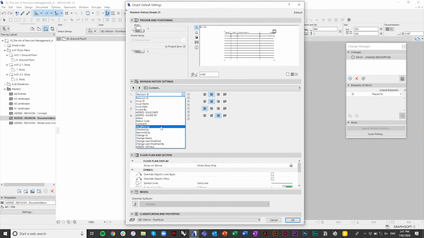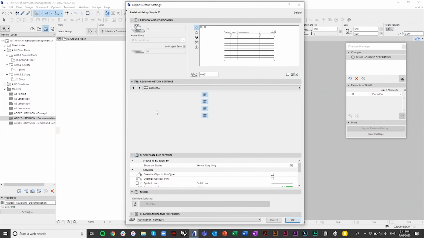Now, I might jump and show you some of these extra things that are here, but you can see here that there are a number of other items that are actually layout specific options that you can incorporate into this actual object. But typically, we have our revision ID. In this instance, I'm not going to use a changed ID. I'm actually going to call it